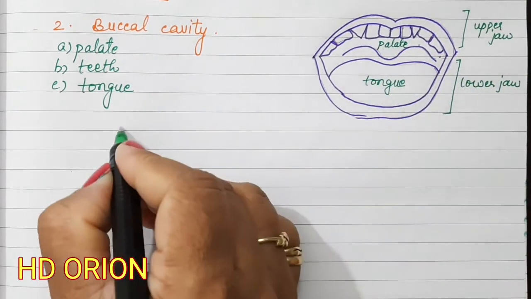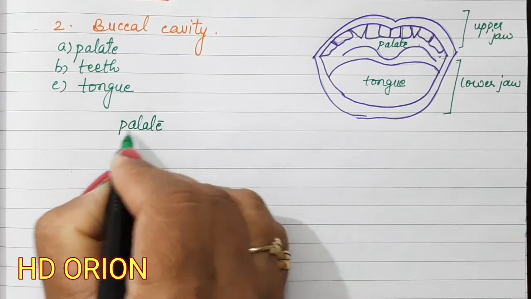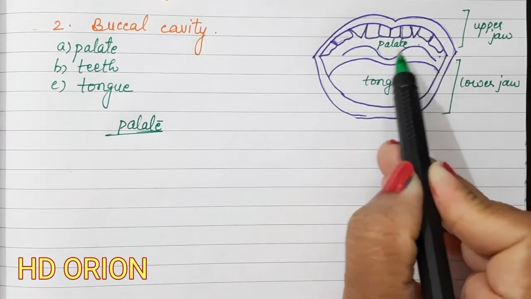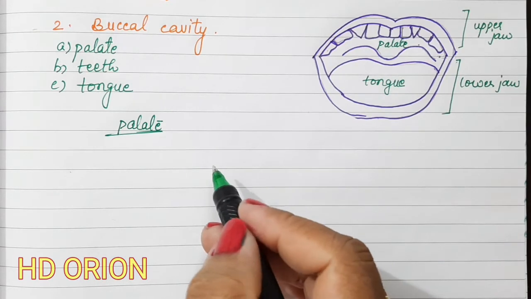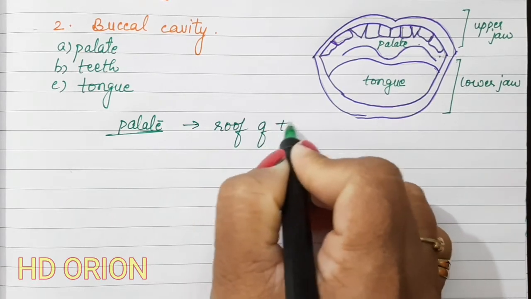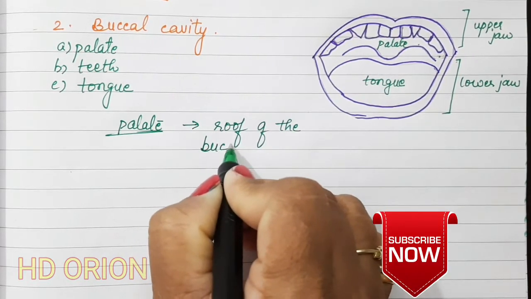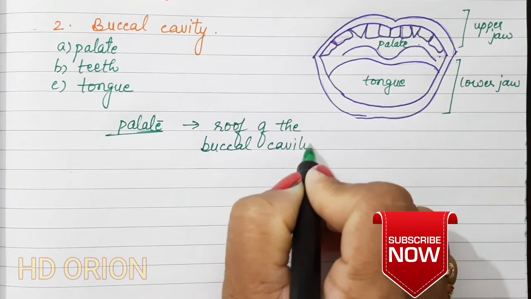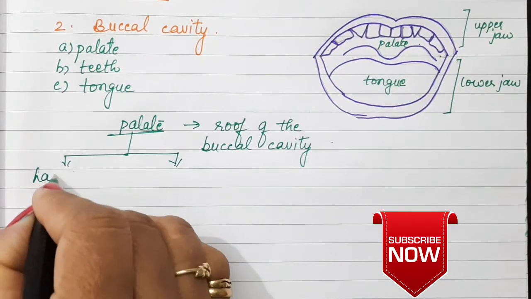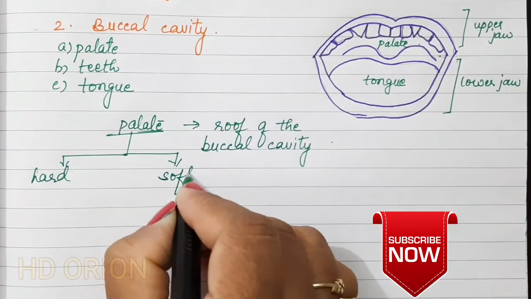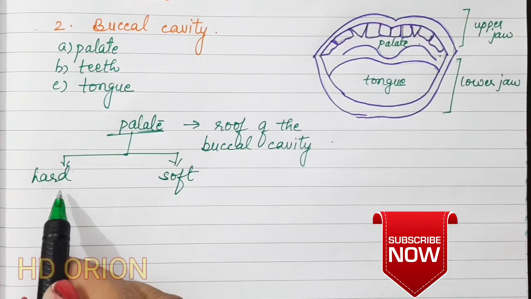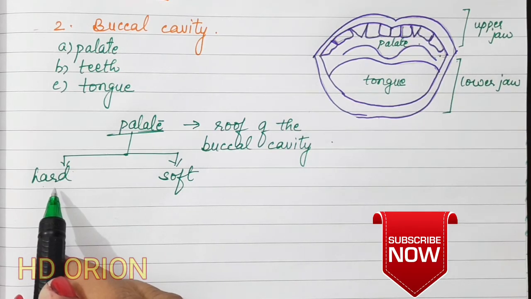So let us see first what palate is. Palate is the roof of the buccal cavity. Whatever is present in the upper part of the mouth or the buccal cavity is the palate. So we can define it as the roof of the buccal cavity. This is divided into two parts, the hard palate and the soft palate. The hard palate is at the anterior region. When you try to touch the anterior part of the roof of the buccal cavity, you will feel it